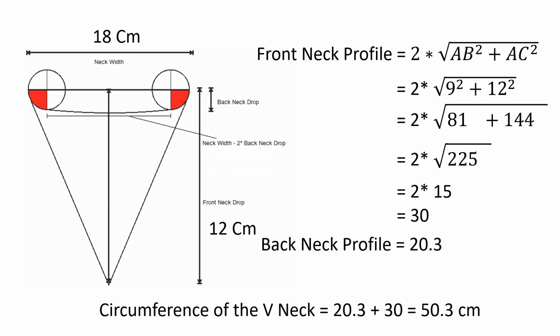That is 2 times the square root of the square of 9 plus the square of 12, or 2 times the square root of 225, or 2 multiplied by 15, or 30. The back neck profile we know is 20.3 centimeters. So the total circumference of the V-neck will be 20.3 plus 30, which equals